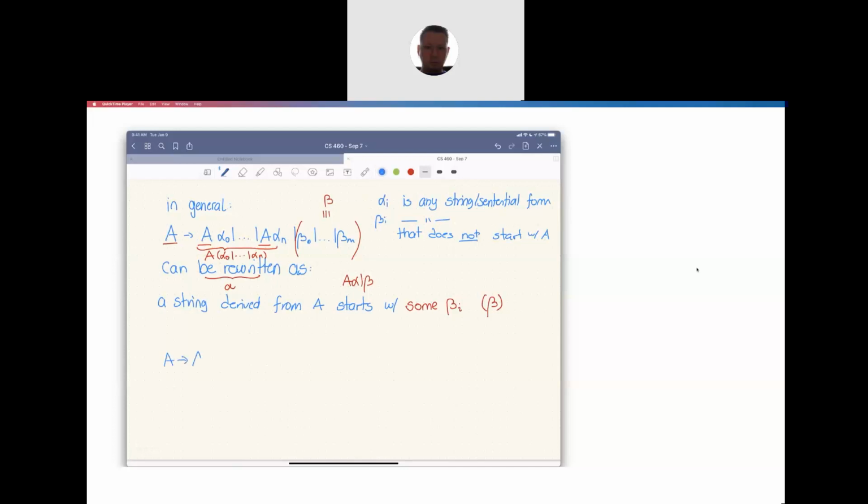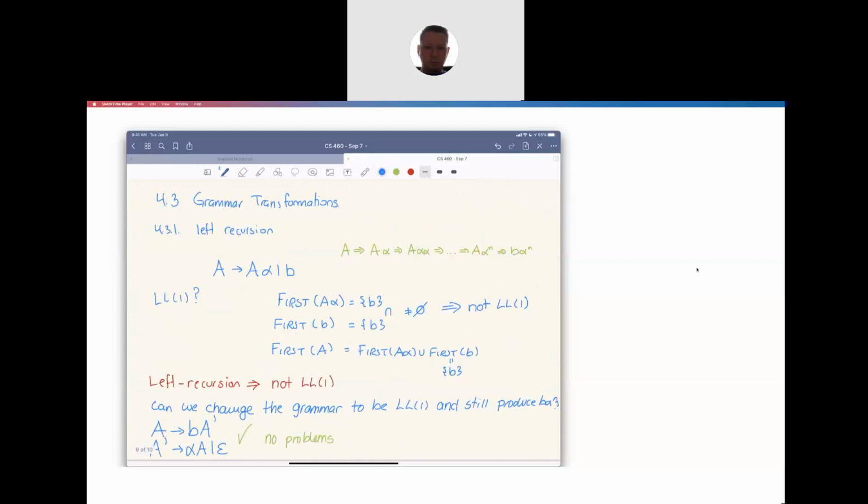A goes to A alpha 0 dot dot dot A alpha n beta 0 dot dot dot beta m is equivalent to, I'll lift that alpha out, and then we'll just pretend this is alpha and this is beta. So that must be equivalent to A goes to beta 0 dot dot dot beta m,